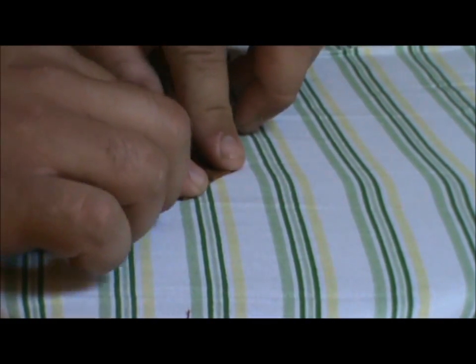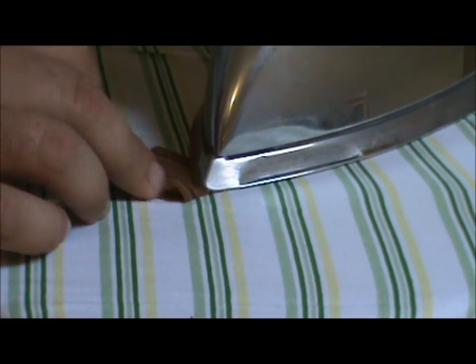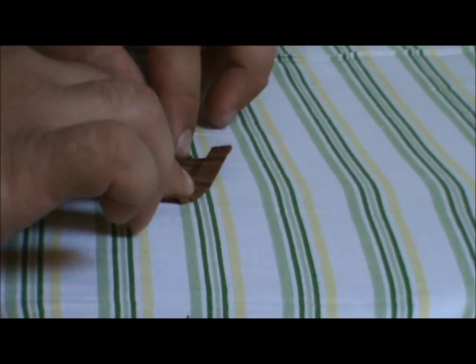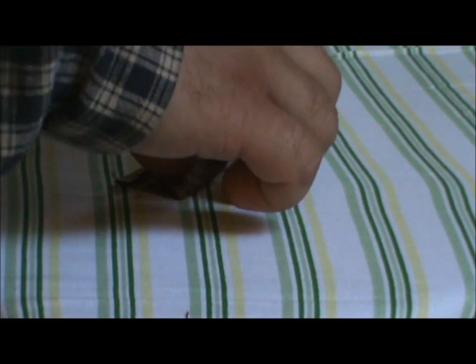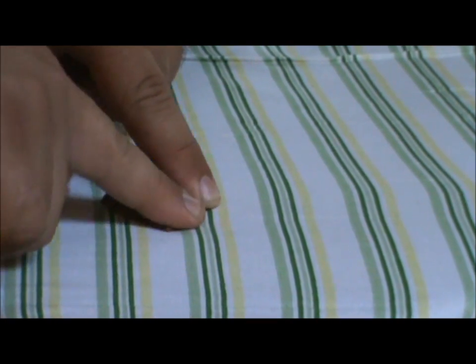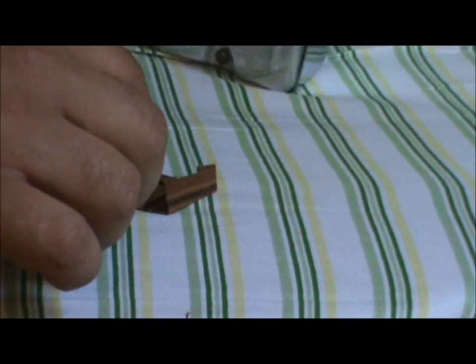Alright. Now, what I like doing with the vent reinforcements, you fold over one edge, give it about 3/8. I'm going about 3/8. You can go with 3/8 to half an inch. And we're going to iron that like so. Go to the other side, fold that over, iron that like so, pressing down with the iron. Flip it over, iron that, and then